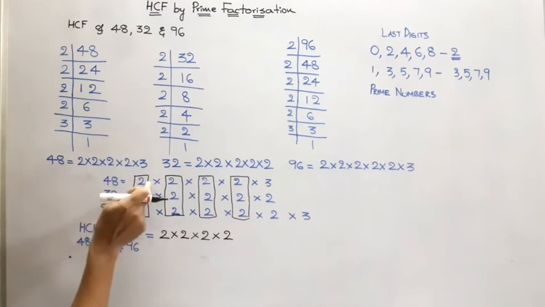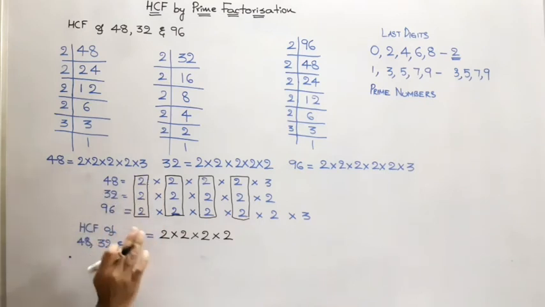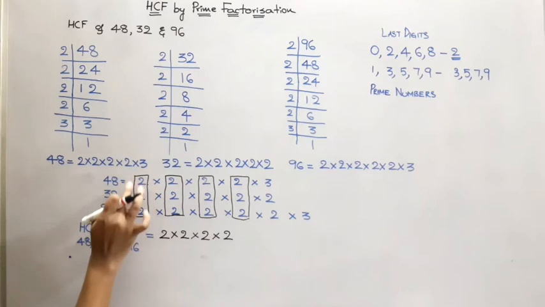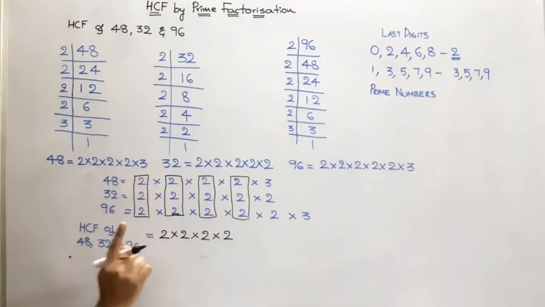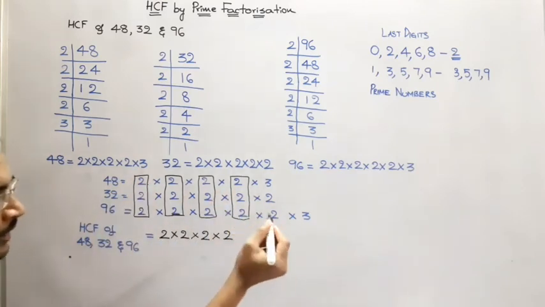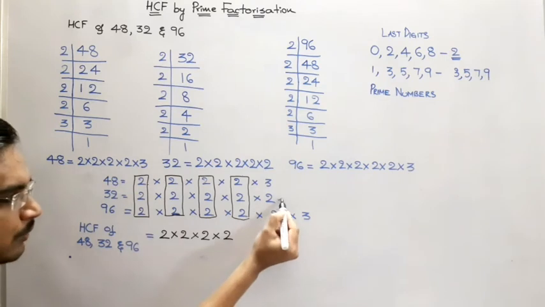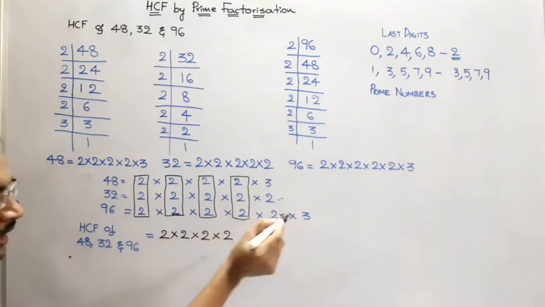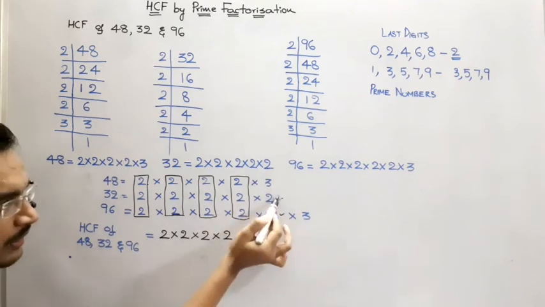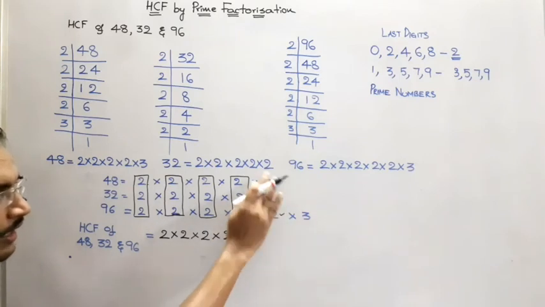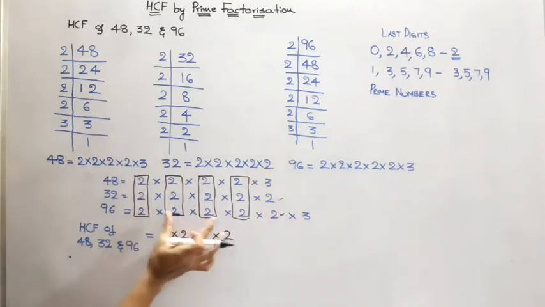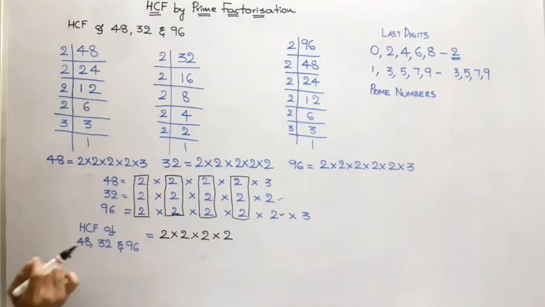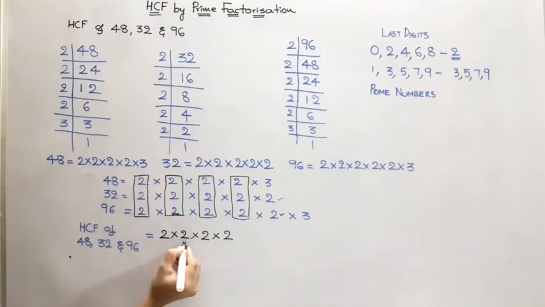Please be careful, children: as we have three 2s, you should not take three 2s. Of the combination, you have to take only one number. Now check this. Here we have 2, here we have 2, but here we don't have 2, so you should not take this. Here we have 3, here we have 3, but here we don't have 3. Hence, none of these should be touched. Only this type of combination should be available. Now 2 into 2, 4, 4 2s are 8, 8 2s are 16.